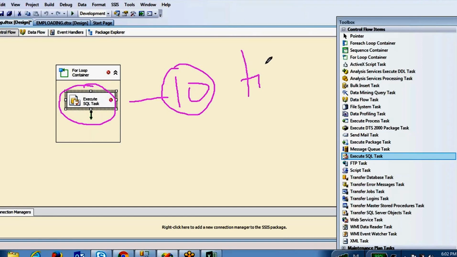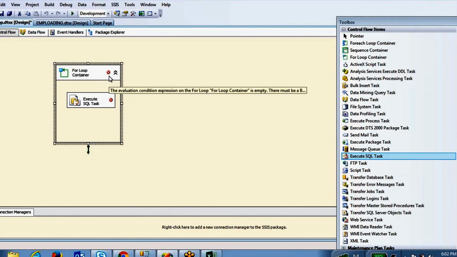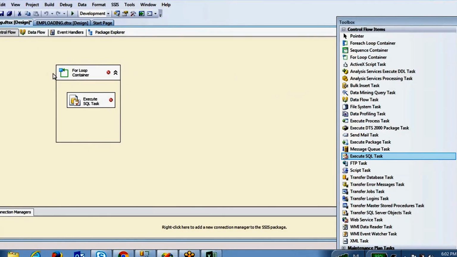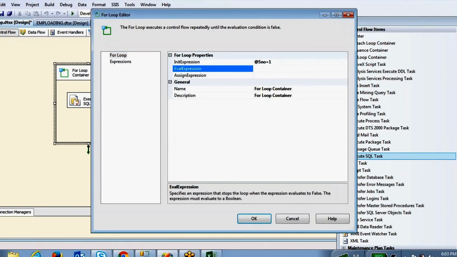So that means this for loop has to loop 10 times, and you have to write that condition inside. Initial expression means, what is your variable? The variable is serial number equal to, I'm going to give initial value 1. And what does the evaluation expression mean?